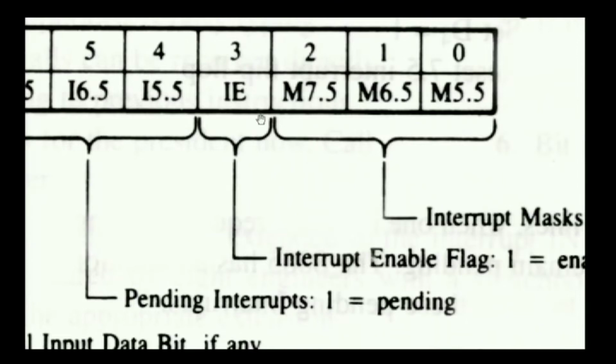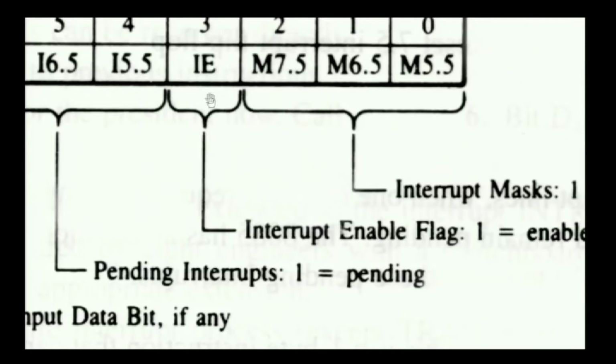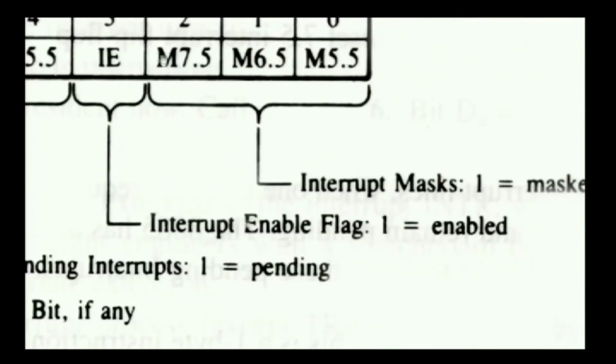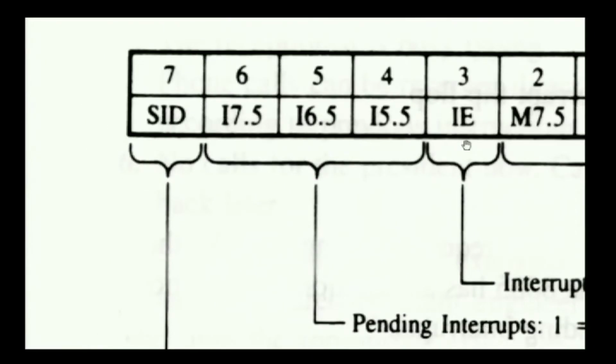So, the D3 bit position is the interrupt enable flip flop. When the bit position is 1, it means the interrupt enable flip flop is enabled. Once the interrupt enable flip flop is set, it will enable all the interrupts. If it is 0, it represents reset. If the flip flop is reset, it will ignore the 3 bit positions, and we couldn't perform any interrupts. Once the interrupt request is activated, it will perform the interrupt request based on its priority level.